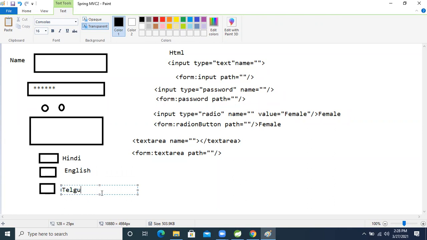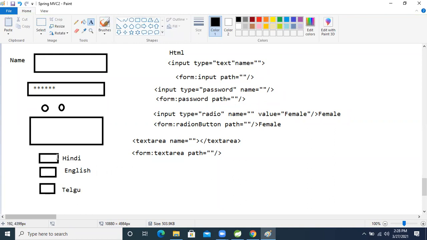I don't know the Telugu spelling. Leave it. One person can know multiple languages, so for that we give checkboxes to the end user. How do we do that in the form?